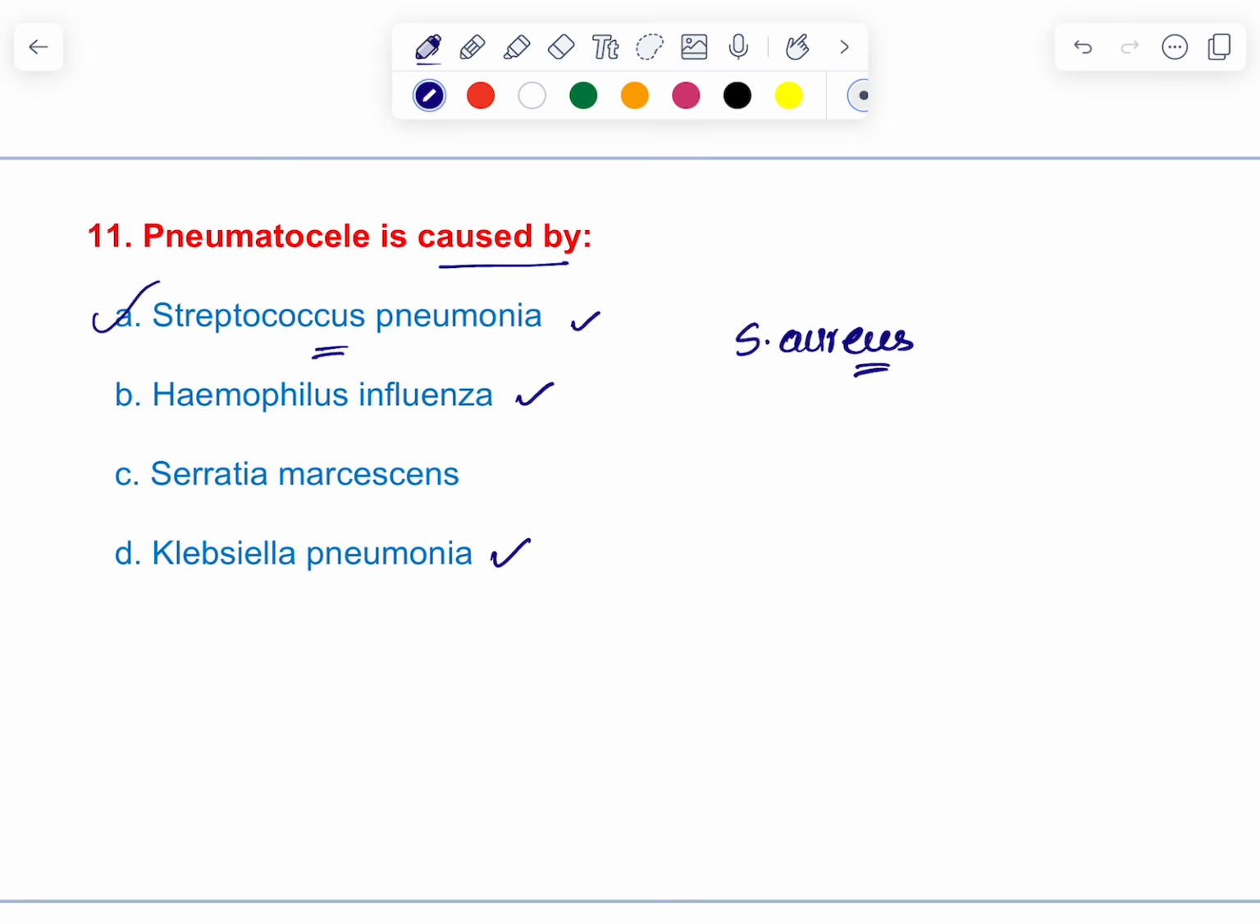What is pneumatocele? Pneumatocele is a thin-walled, air-filled cyst that develops within the lung parenchyma. It is like a single emphysematous lesion. Once this pneumatocele ruptures, there can be a chance of development of pneumothorax. So that is about the organisms which cause pneumatocele. Next,